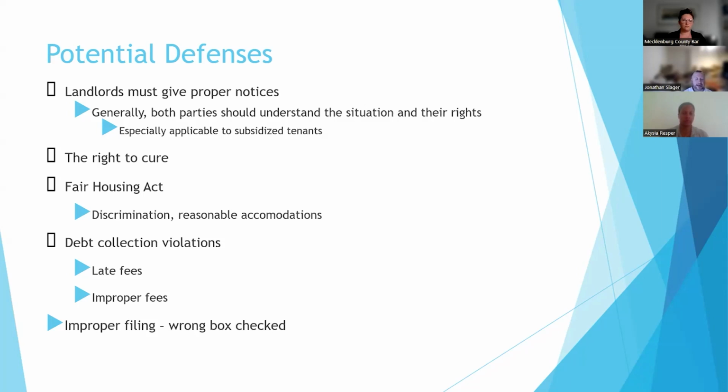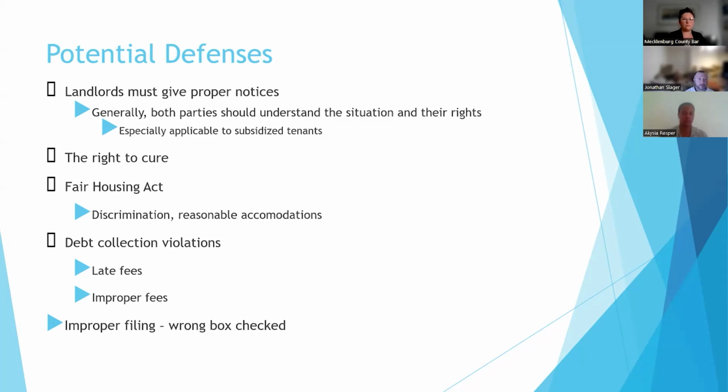Tenants can get back between $500 and $4,000, depending on the circumstances, for any debt collection violation. And that adds up very, very quickly, obviously. It can be for every violation. Typically, magistrates award things on the low end, so it might be just $500 for each fee that's improper. But again, that still adds up, particularly over time.